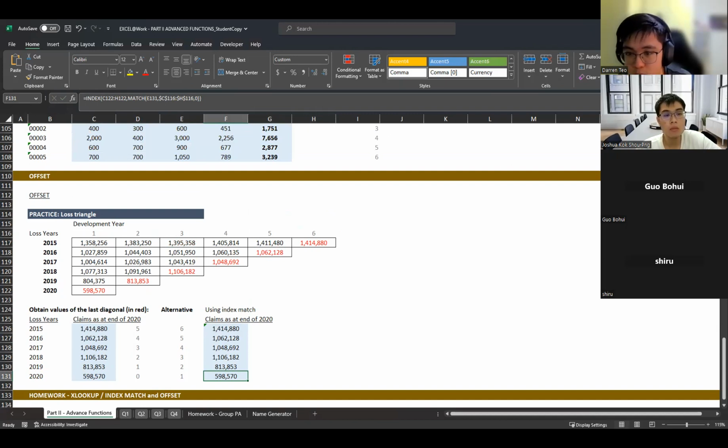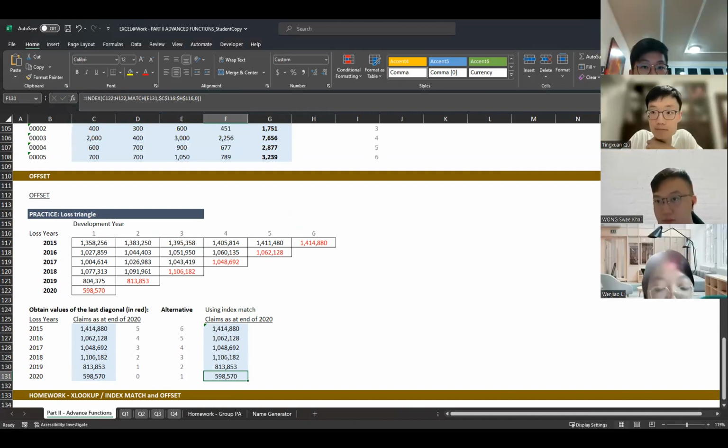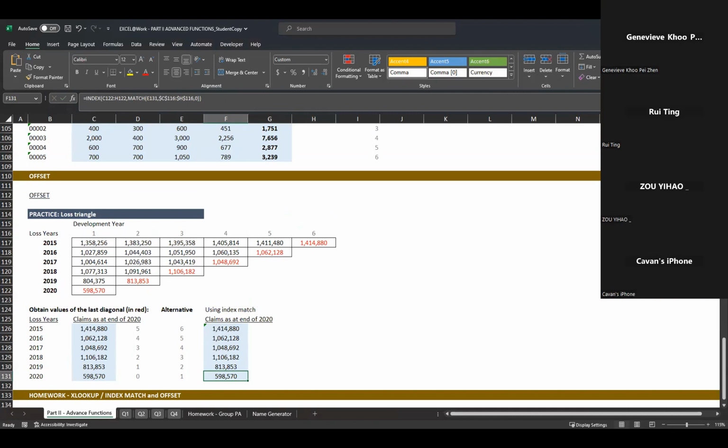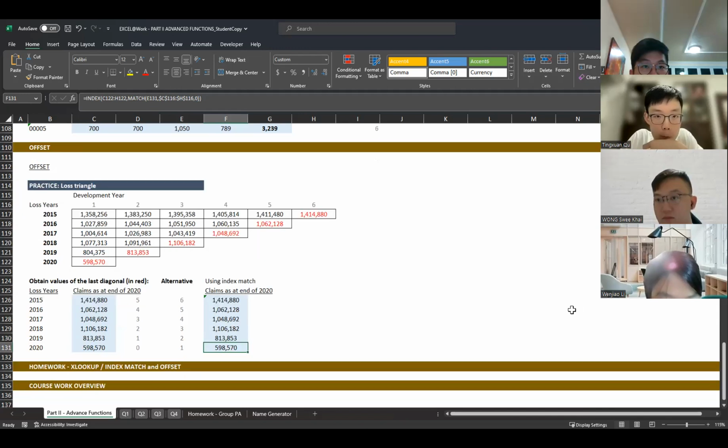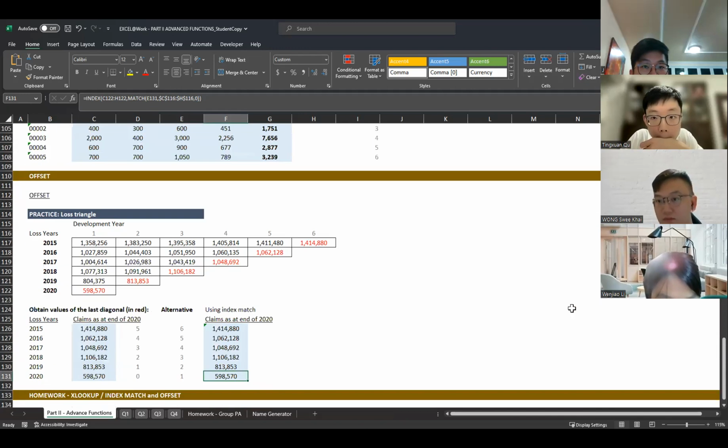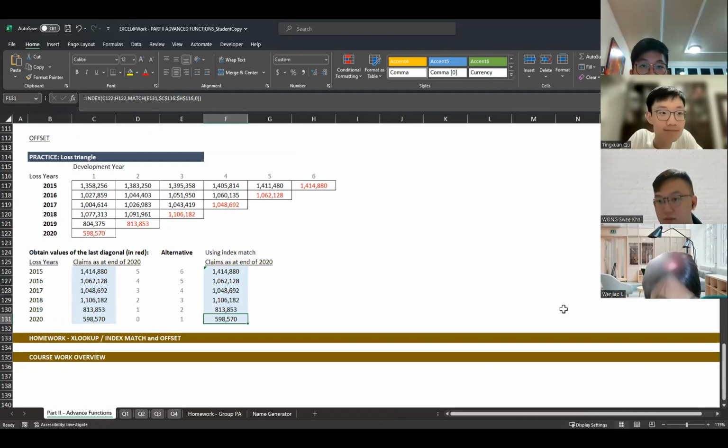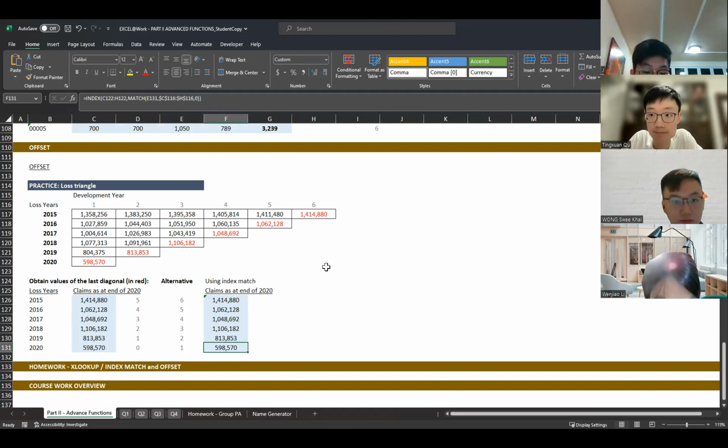You all have anything to ask or anything you want me to re-explain again? If not, then these are all the functions that I'm teaching today. It's quite a bit to take in, so maybe you all can go and try and practice it in real life, or maybe if you're bored, you can try and create some examples and try to do some manipulations to it. Okay, but thankfully there's some homework for you guys to do.